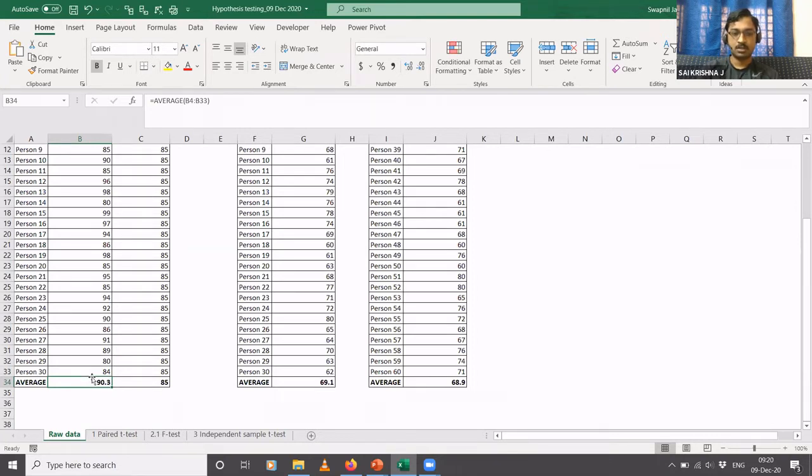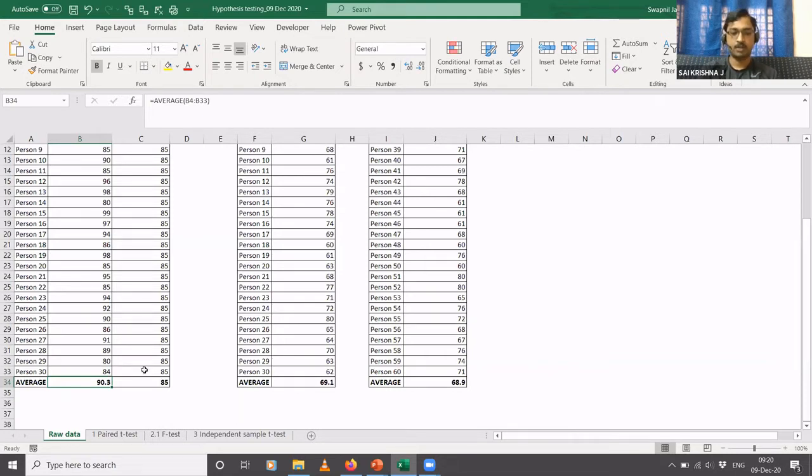Now, just by looking at this difference of 5 kilos, you cannot directly say that the diet has helped reduce the weight by 5 kilos. What do I mean by that? This 5 kilo reduction of the average group weight from 90 to 85 kg could have also been due to a random chance occurrence. So it could have either been due to the diet, or due to a random chance occurrence. In order to check whether it has been a random chance occurrence or whether it has really been due to the diet, we use hypothesis testing.